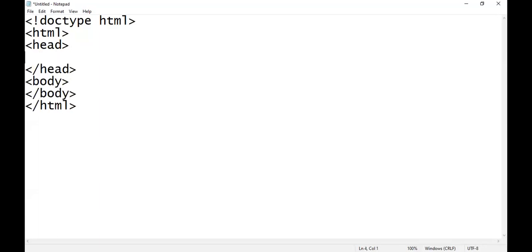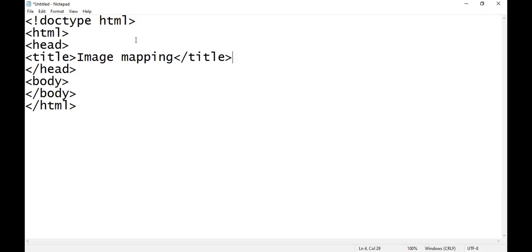Inside the head section, we mention the title. It is a simple title. We are going to create an image mapping. This is a client side image mapping. So we can write here either client side image mapping or just image mapping. As you know, there are two types of image mapping. The first is client side image mapping, and the second is server side image mapping. Here we are going to create a client side image mapping.